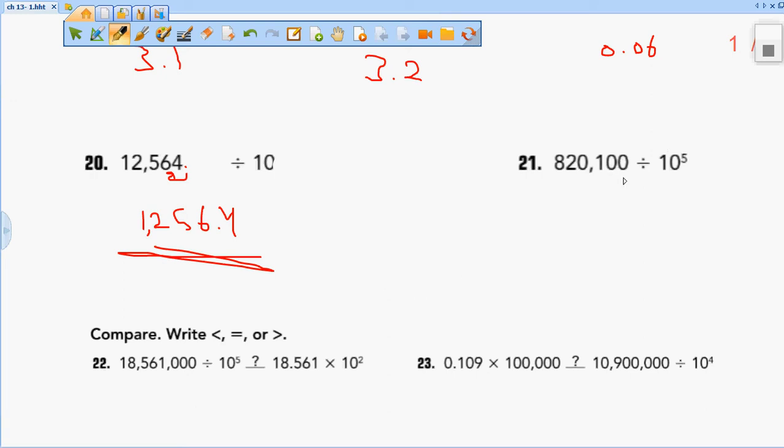Here, if I don't want to move or erase or cancel any zeros, the exponent here is 5. That means I have 5 zeros, means 100,000. So I have to create my decimal point and move it 5 places to the left side to decrease my value. 1, 2, 3, 4, and 5. So the answer becomes 8 and 201